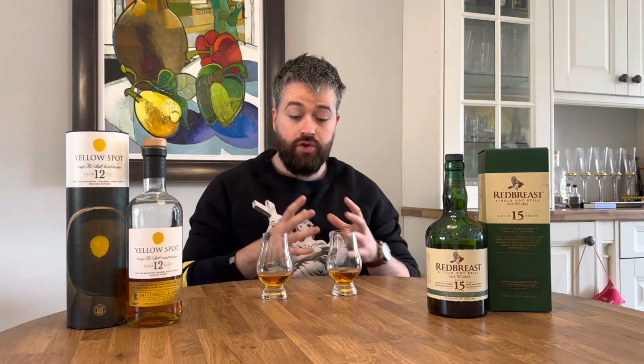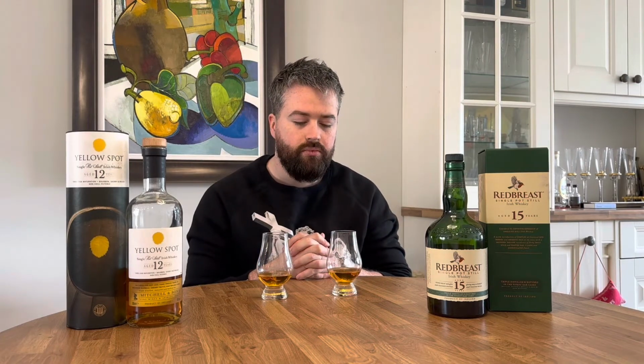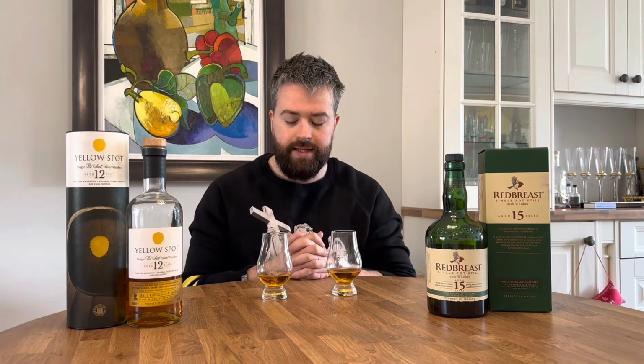Okay, so the Redbreast initially, what I notice is that initial taste is nowhere near as spicy as the Yellowspot is, but it comes through at the end, and it's more oaky, more oak wood library, and far more buttery. This is way more of a dessert than the Yellowspot. The Yellowspot is more floral and light and friendly, and oranges and fruits like that. Whereas the Redbreast is more of that traditional pudding dessert,